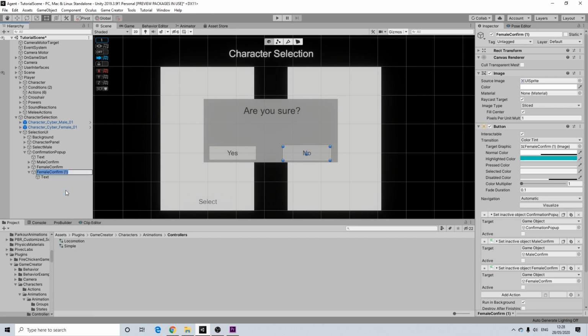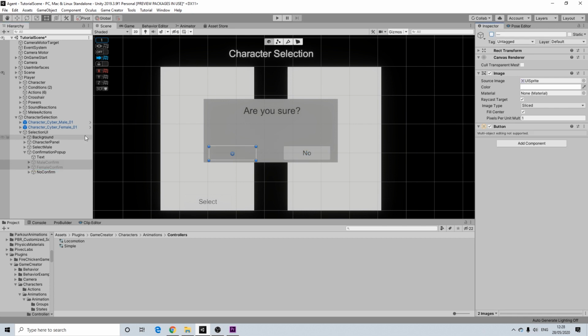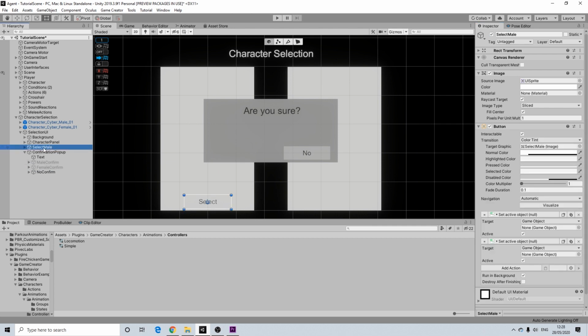Now let's just call this no, go back, or just no confirm, maybe that's better. There we go. Now, the reason we're deactivating these is because by default they are not active, so let's deactivate them. And our select male is actually the one that activates this option, so male confirm and our confirmation pop-up. So it's not just the confirmation pop-up that needs to be deactivated by default, it's also these two buttons, because whatever